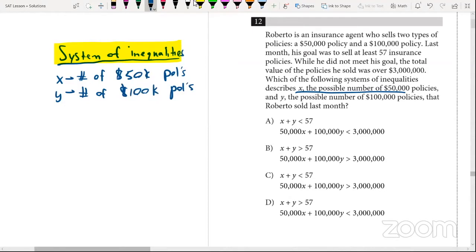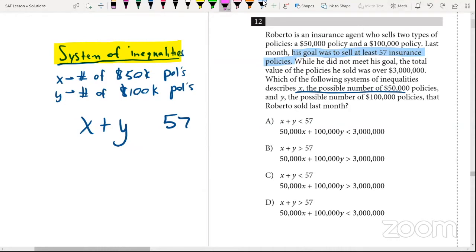So the question says, his goal was to sell at least 57 policies. So X plus Y, if he sold 57, would be equal to 57. And if he sold at least 57, then more is okay, so at least 57 would be greater than or equal to, but that would be a mistake because